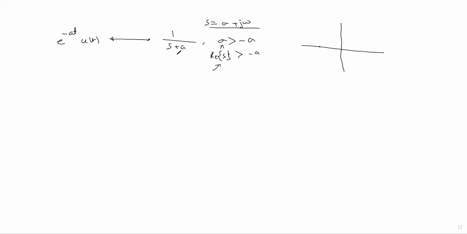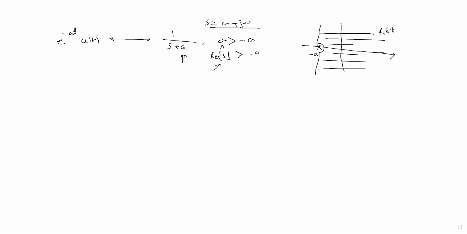Its pole is at minus a, that's why at minus a you have to write a cross sign. This cross sign indicates the pole of the transfer function or Laplace transform of a signal. And there are no zeros, because in the numerator there is no polynomial. So when you plot the ROC, you just show that the right side of minus a falls under the ROC.